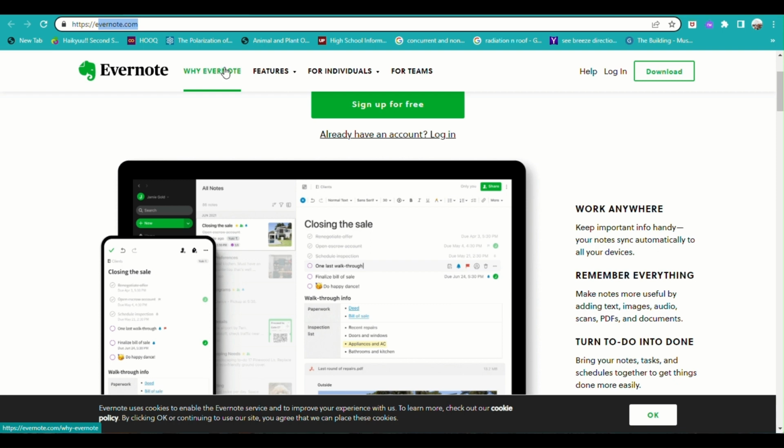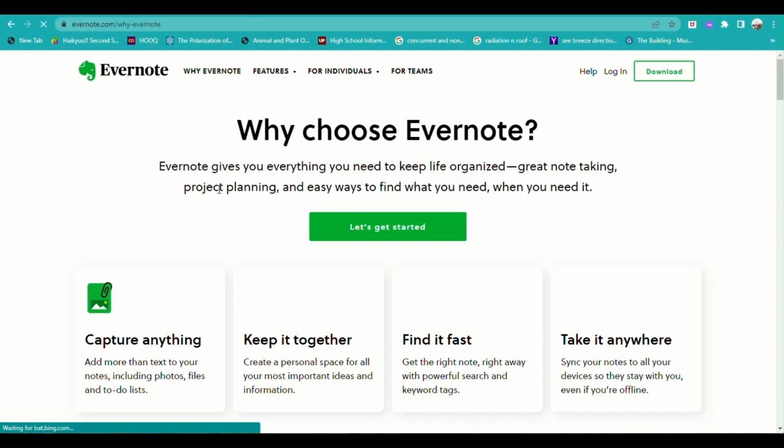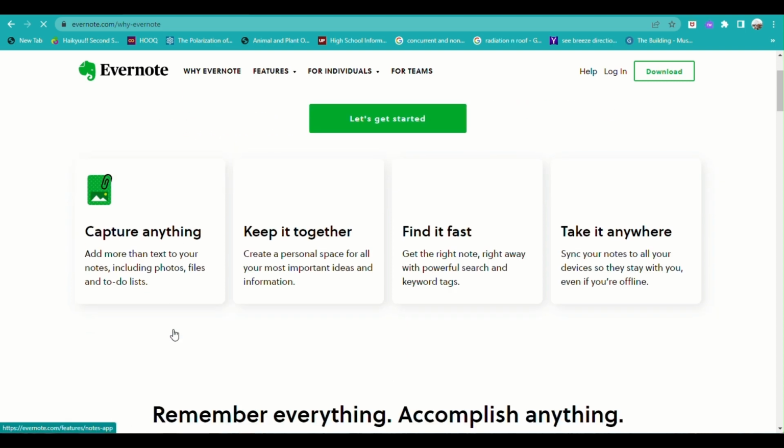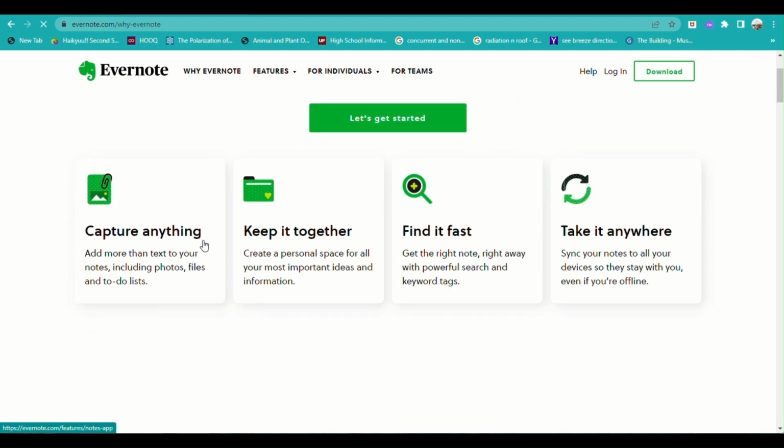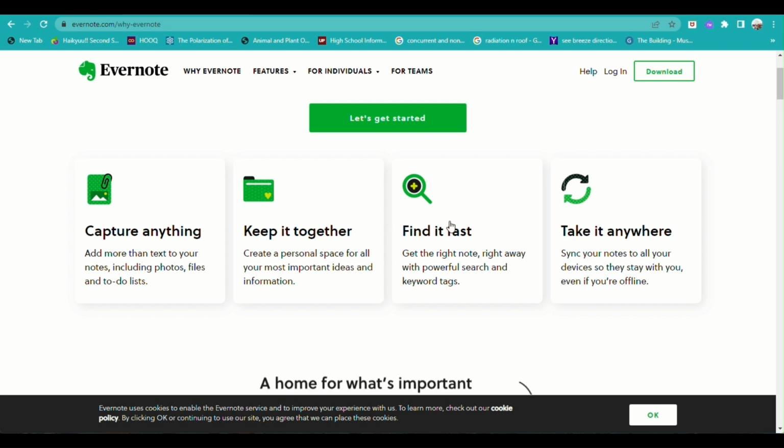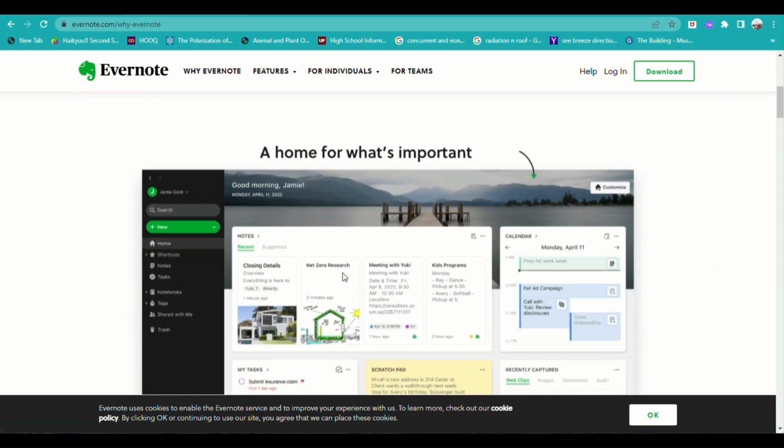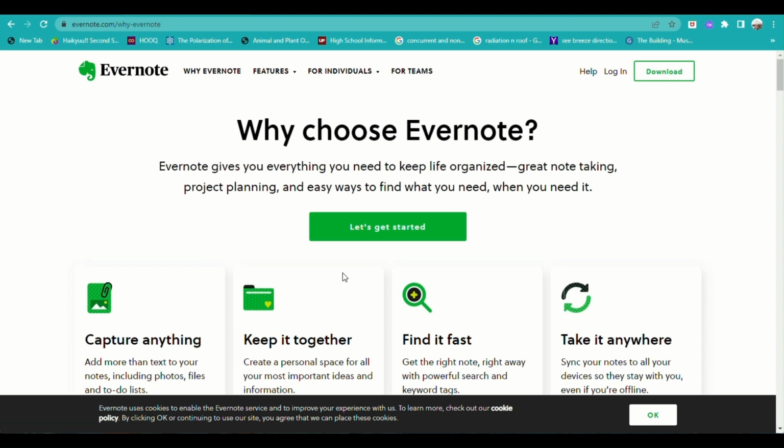To begin, you can just go to the website evernote.com. And here you will be routed into the homepage, where it provides you a lot of information on what the features are and why you should choose Evernote. Here you can see that this application would definitely help you manage your projects or the tasks that